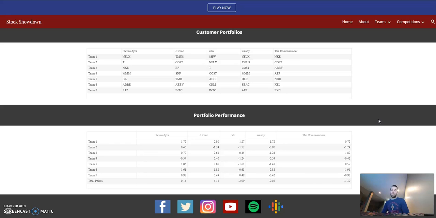BP had a stellar performance last week, up about 12%, and it is carrying that momentum this week. Those are the final results thus far. Everybody else is basically in negative except for Stephen Dyba with a marginal 0.14% rate of return.